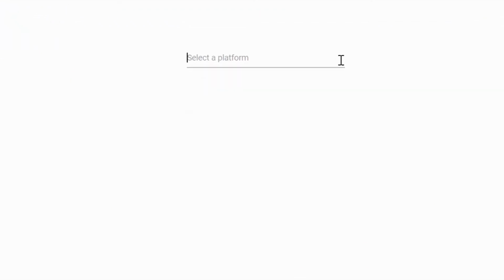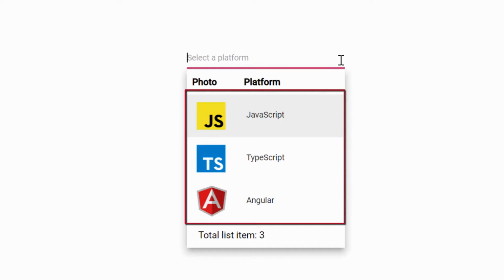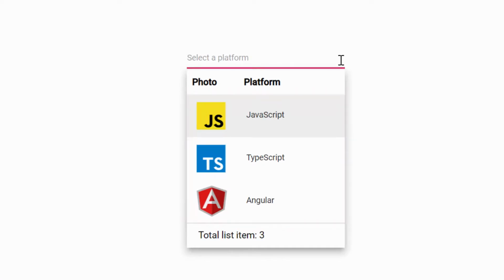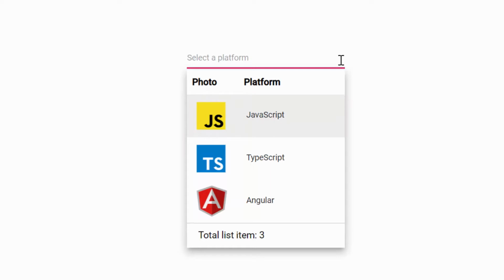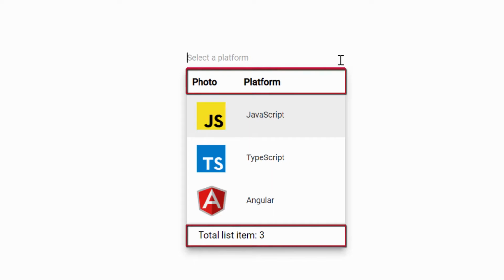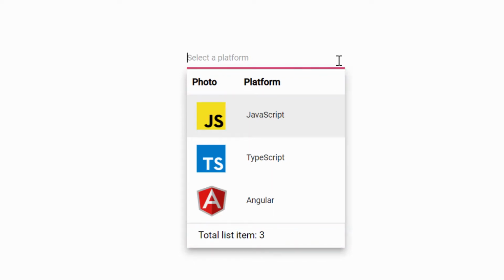You can see the MultiSelect dropdown pop-up showing web platform names and images. Here, each list item is split into two columns to display the web platform name and image. Also, you can see the MultiSelect dropdown pop-up shows a customized header and footer. Okay, now I will proceed to show you the code snippet to achieve this customization using my existing Getting Started